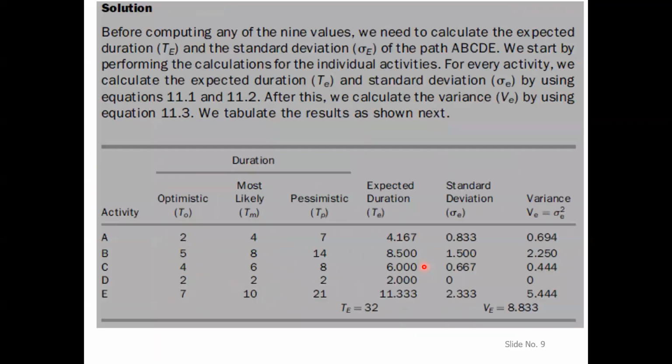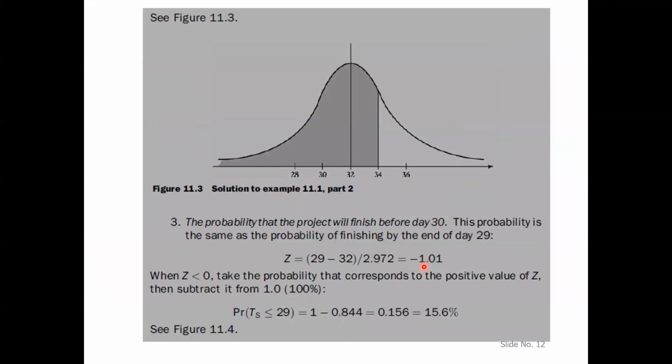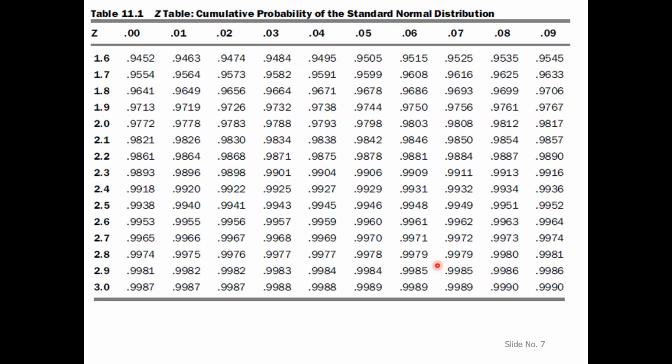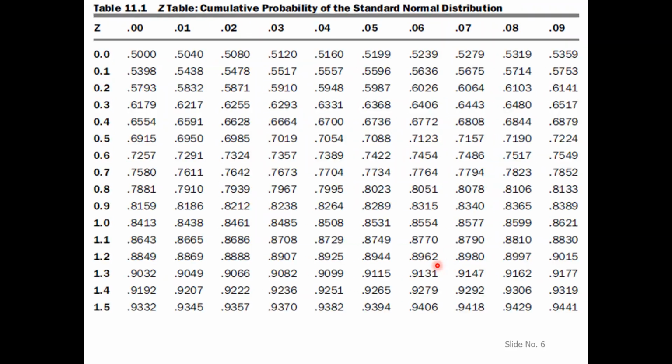So what was the negative value which I have found? The value I have found is minus 1.01. Temporarily, we will just ignore this minus sign. Remember that you will just temporarily forget about this minus sign and read the value of 1.01 in the table. So 1 is here and 0.1 is here. So 1.01 is 0.8438. So you will take this value 0.8438 and